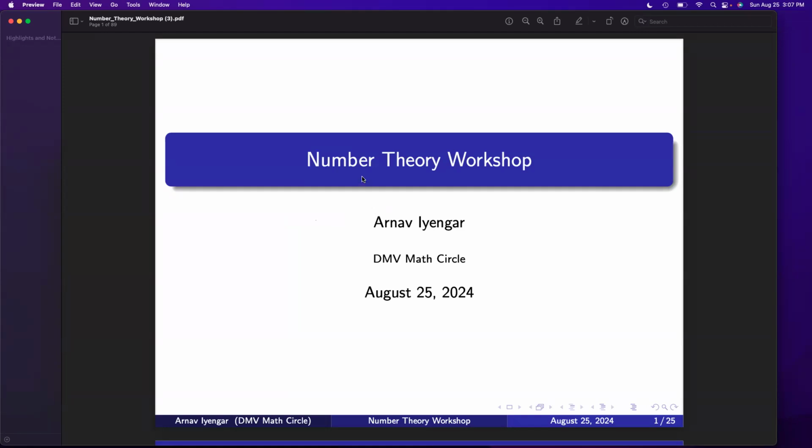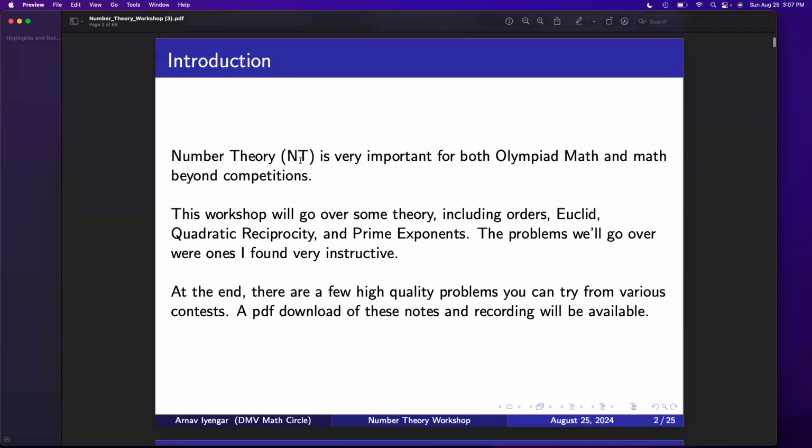Okay, so this is a workshop on Olympiad number theory by DMV Math Circle. Number theory is really important for both Olympiad math and math beyond competitions. So, in this workshop,